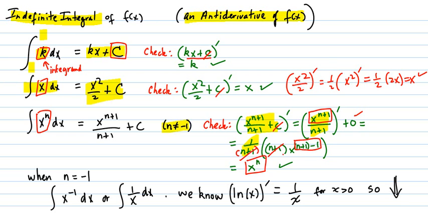Now when n does equal negative 1, then you have this expression, either x to the negative 1 in there, or it's 1 over x, same thing. So we already know that the derivative of log x is 1 over x. But that's only good for x greater than 0, because the log is only defined for x greater than 0. But this 1 over x function in here, that could be x less than 0. So what are we going to do with that? So we go to our next page,